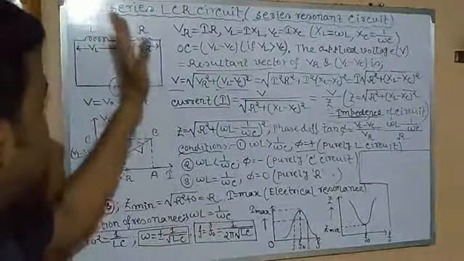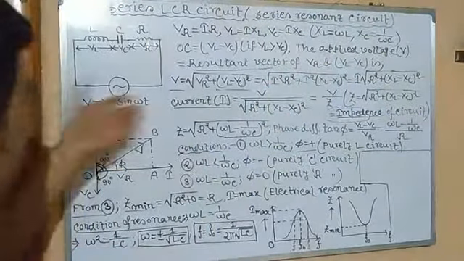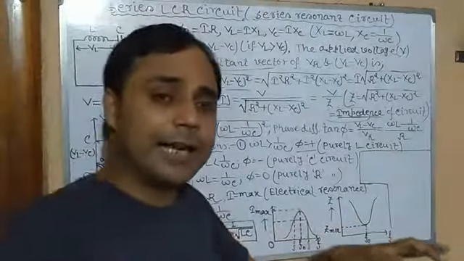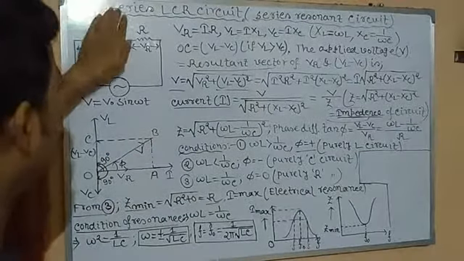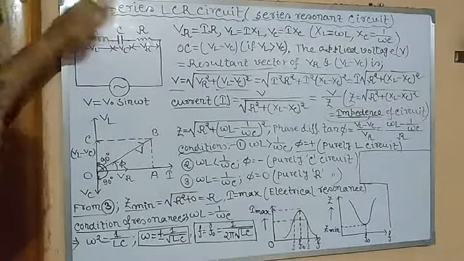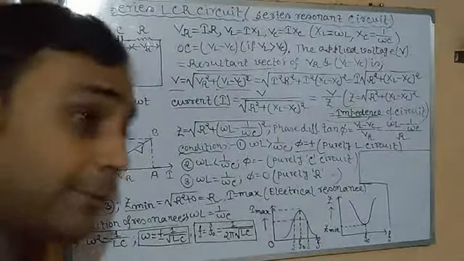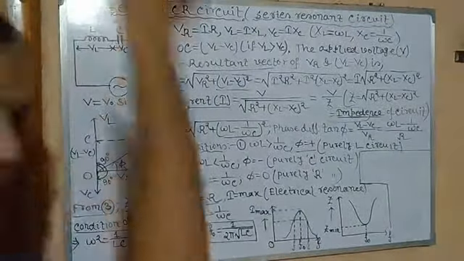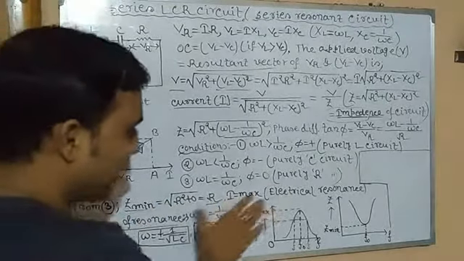In this condition, the series LCR circuit behaves as a series resonance circuit, not a simple circuit as I said. When joining all these, having inductive reactance and capacitive reactance, if they are equal, without inserting them it behaves as a simple circuit. It cannot be a series resonance circuit. But after inserting L and C, if their inductive reactance and capacitive reactance are the same, then in spite of having L and C in the circuit, it will behave as if purely resistive. This is called electrical resonance.